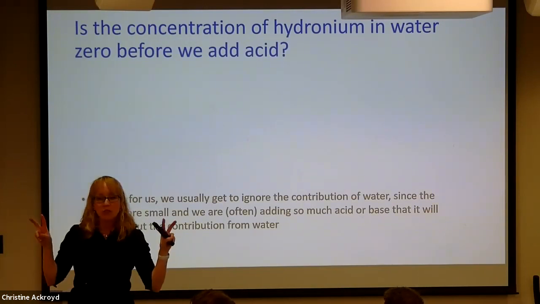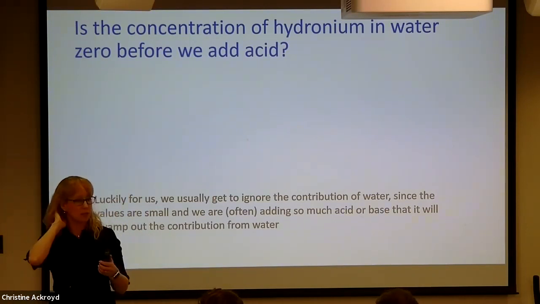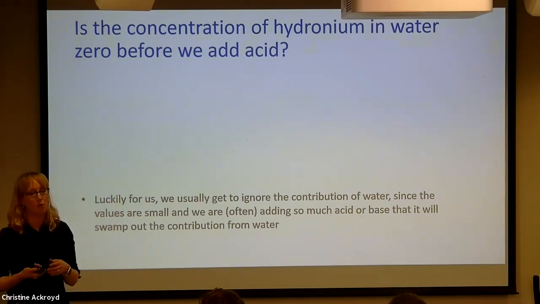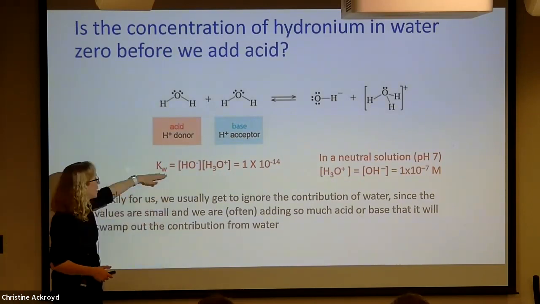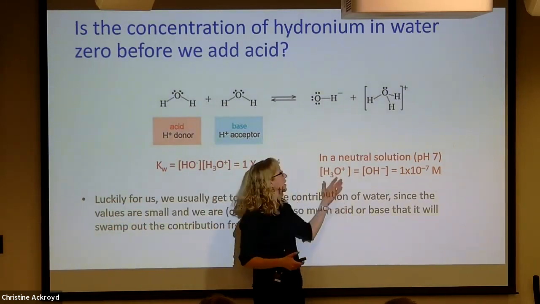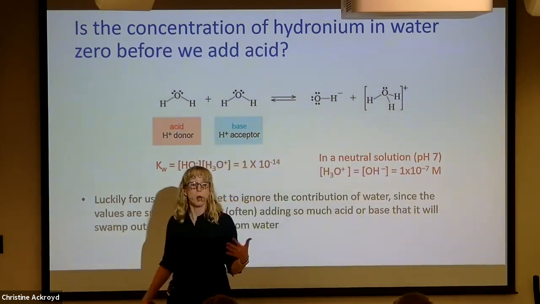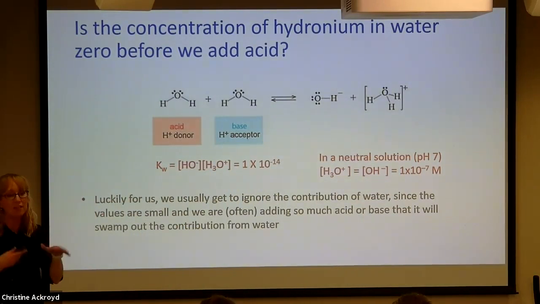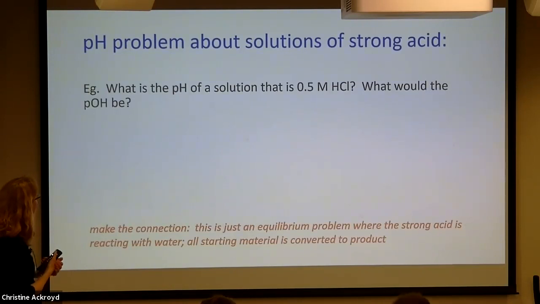You're in a neutral solution, like just regular water. What will the hydronium concentration be before you start? 1 times 10 to the minus 7th molar. It will be, okay? Because when you do the equilibrium calculation based on the Kw and solve for hydroxide and hydronium in this reaction, you get 1 times 10 to the minus 7th. So what we assume is that that's the concentration of hydronium that we have all the time in water, as long as we haven't added anything extra to shift that equilibrium. Okay.